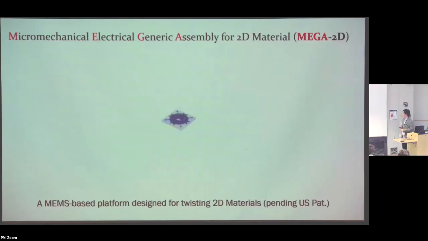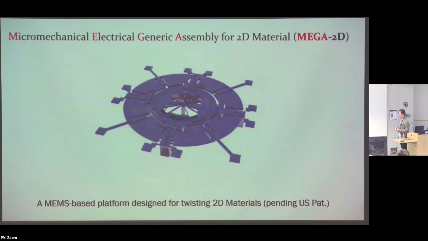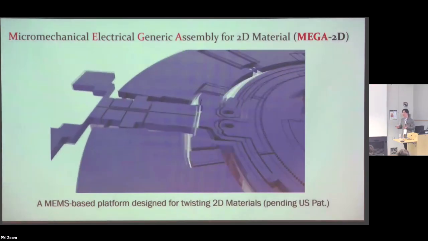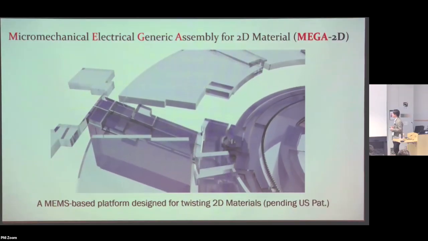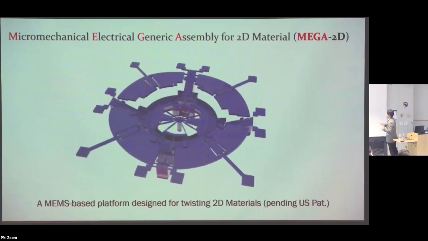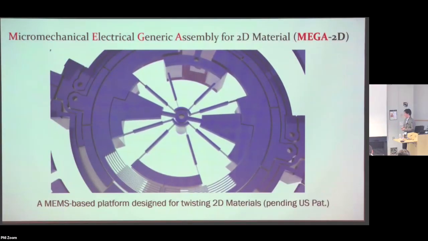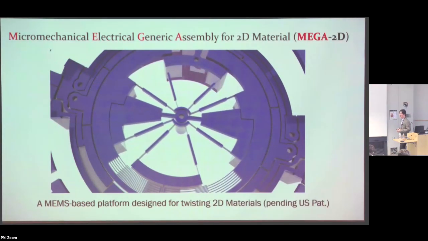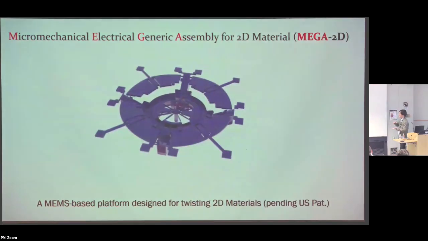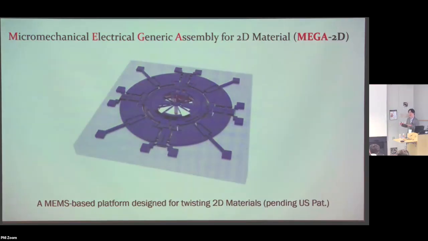So this is a device that is based on the so-called MEMS technology, which is in devices that exist in all of your smartphones as accelerometers and things like that. But we have been adapting this technology to do Twistronics. So this is a device that we designed from scratch to include all those capabilities that I was talking about that we want to include. So right now it is capable of adjusting the twist angle and also the distance between two pieces of ultra flat 2D materials. And that's the entirety of what this device can do. Okay.